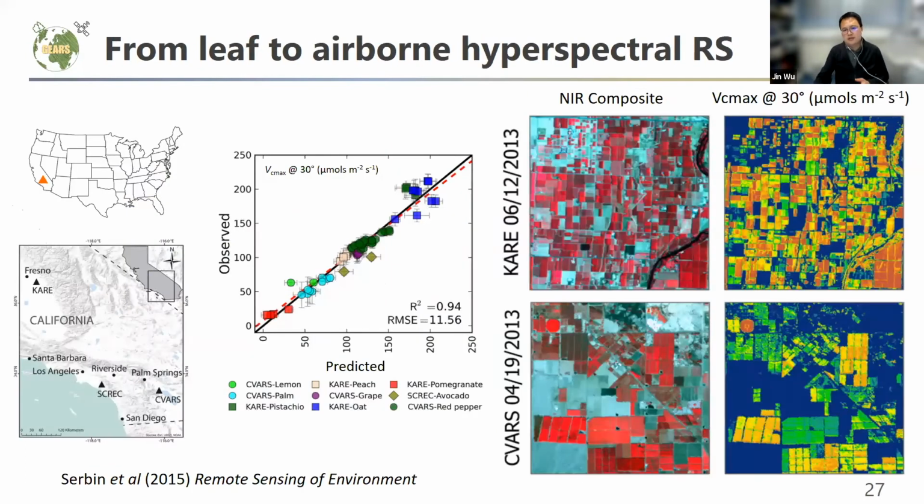And similar to this is my colleague Soybean's work, dating back to 2015. He also organized a field campaign in California, and they have a lot of plantation trees up there, like lemon, palm, oak, grape, and so on. On the one hand, they mounted a hyperspectral camera on an airplane to fly through the entire landscape. The figure shown here is the near infrared false color image.